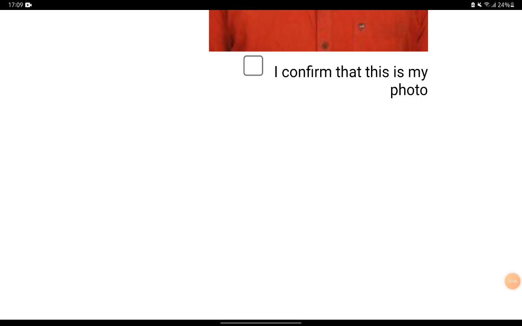Friends, after giving preference, your application will be available for preview, so you should check that the information provided is correct, and your spelling, your email ID, mobile number, your graduation details, and your bank preference, all those things you should check once in this preview of the application. And you have to tick the check boxes below the photo and signature, confirming that this is my photo.